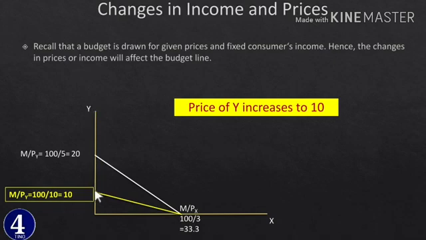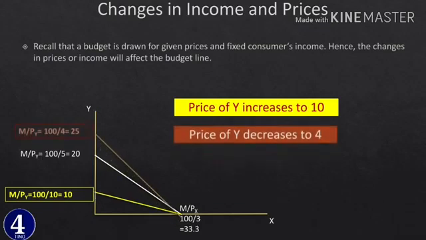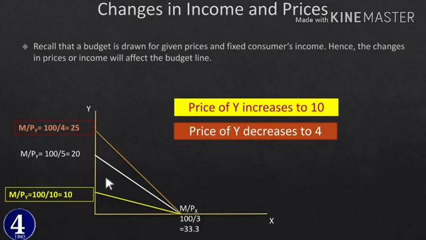Let us see the second scenario: while price of y decrease ያደርግስ ምን ይከሰታል የሚለውን እናያለን። Price of y 5 ነበረ ወደ 4 decrease ያደርግ ምን ይሆናል? Will there be any change in this point? እዚህ ፖይንት ላይ ቼንጅ ሊኖር የሚችለው m ወይም px ሲቀየር ብቻ ነው። Is there any change on m and px? No, there is only a change in py። So py ማለት ደግሞ እቺን ፖይንት ነው የሚቀያየርብን፣ ወይ ወደ ታች ያረጋታል ወይ ወደ ላይ ያረጋታል። So now this is the formula: income is 100 አልተቀየረም divided by 5 የነበረው divided by 4 ሆነ፣ 100 divided by 4 is 25 and it becomes 25 which is greater than that of 20 ቅድም ከነበረው 20